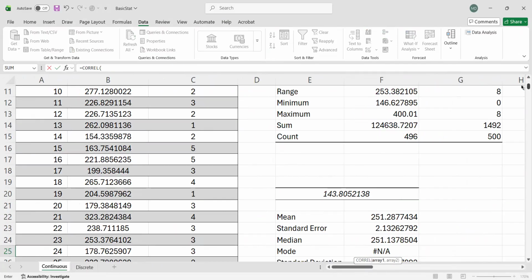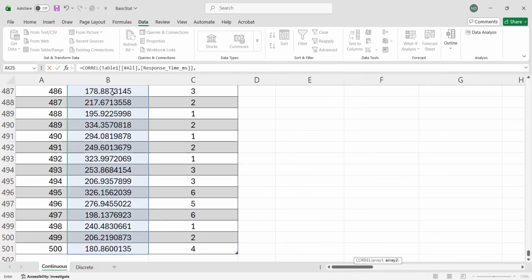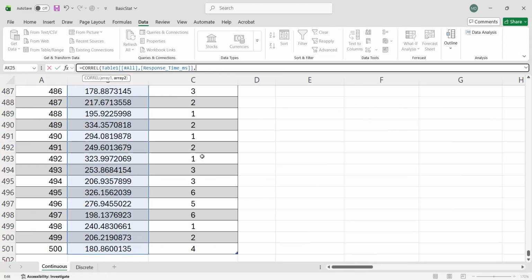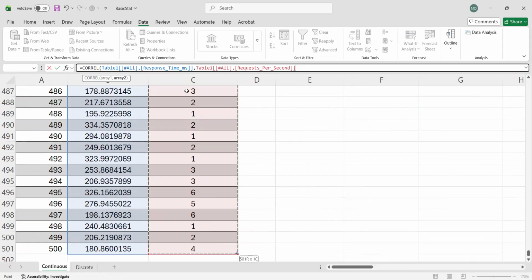Let's have the response time as array one: click the first cell, Control Shift Down, then comma, and then go back up and select the second column the same way, Control Shift Down, and then enter.